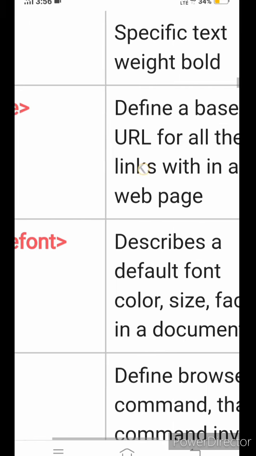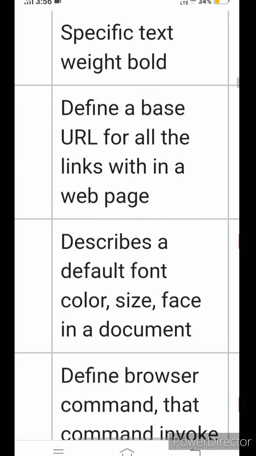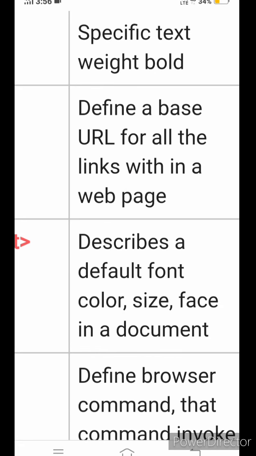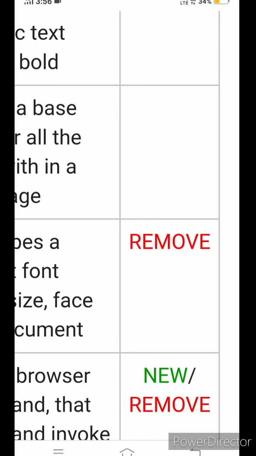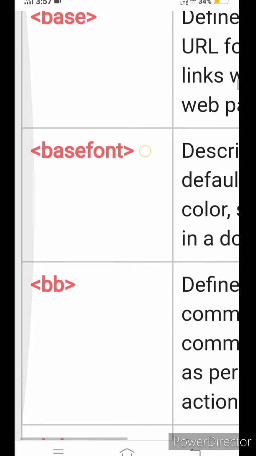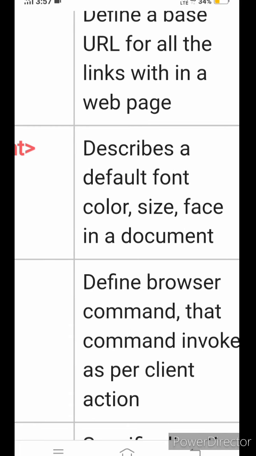Base. Base is a tag that defines a base URL for all the links in a web page. This base tag defines a base URL for all links within a web page. This is also in old and new versions in HTML. Basefont. The basefont tag describes a default font color, size, and face in a document.